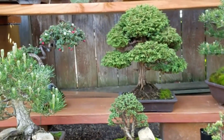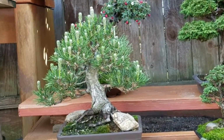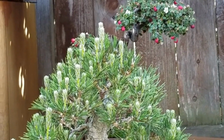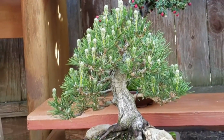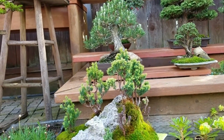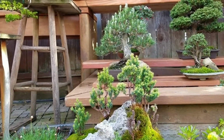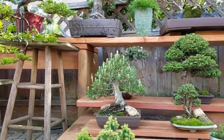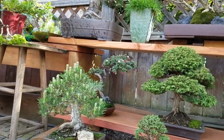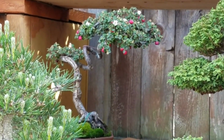It's 5.5 inches tall. This is a Kifu size Japanese black pine, my only black pine. It now has the spring candles, and I call it Ralph because I won it from a raffle. Right below it is a rock planting of Atlantic white cedars or cypress. A lot of the New World cedars are actually not cedars, but they could either be cypresses or junipers or any other conifer. Right behind it is Curly,